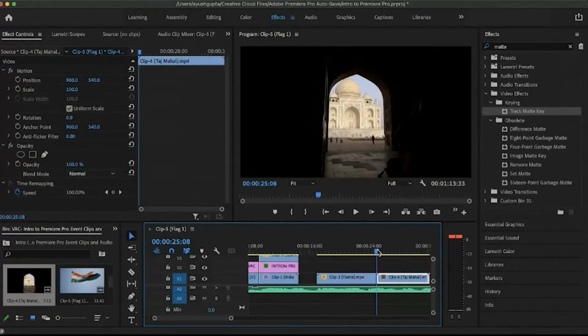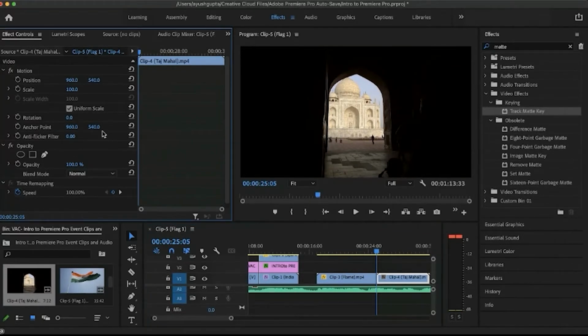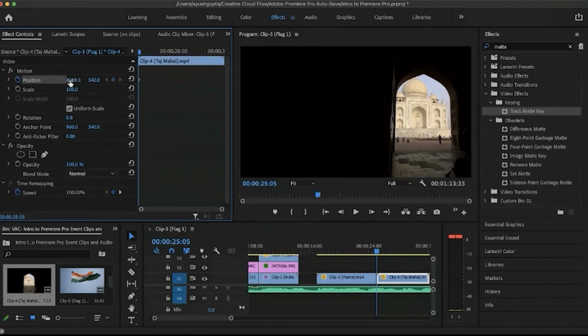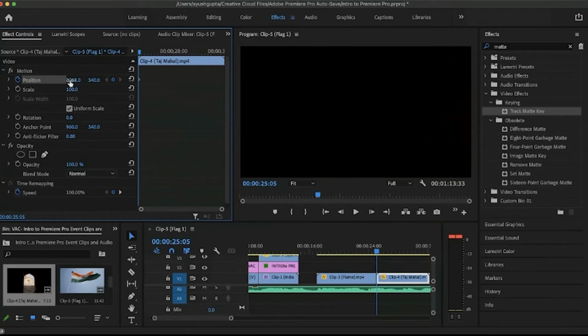So now in the transition, we need a smooth transition. For that, we'll use this clip. We'll move this clip to the right side of the screen. So I'll show you. Maybe you can't imagine that. I'll click on toggle animation of position. And now drag the clip to the right, so that it's completely blank at first.